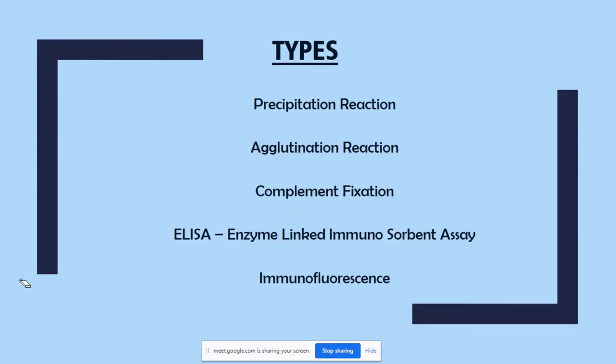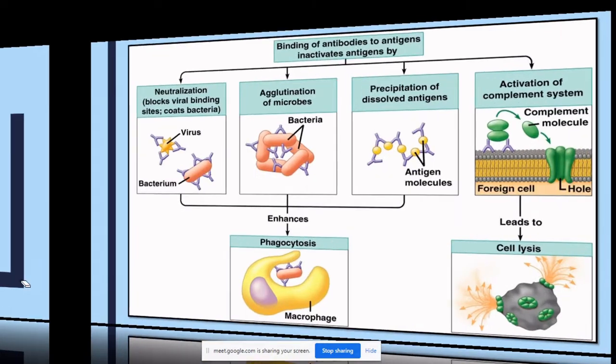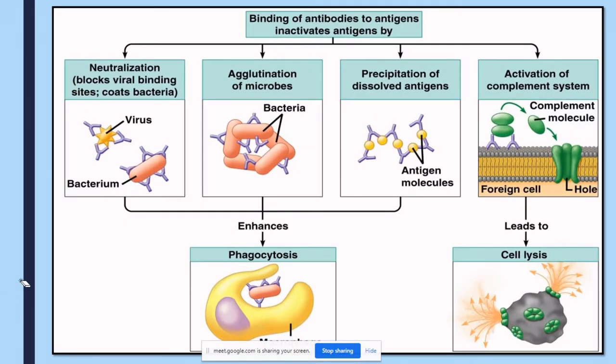So when I say antigen and antibody interact with each other, there are different types of reactions taking place. It could be an agglutination reaction or a precipitation reaction, complement fixation or ELISA test, enzyme linked immunosorbent assay, or immunofluorescence, or something called immunoelectrophoresis. All these are nothing but the applications of antigen antibody reactions. Before we actually start learning about different types of reactions, this is an overview of whatever you have studied so far in immunology, right?